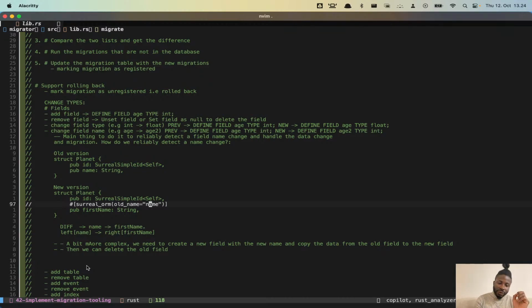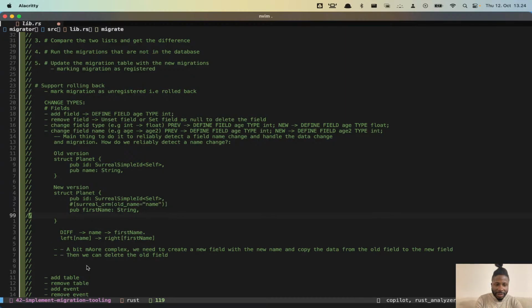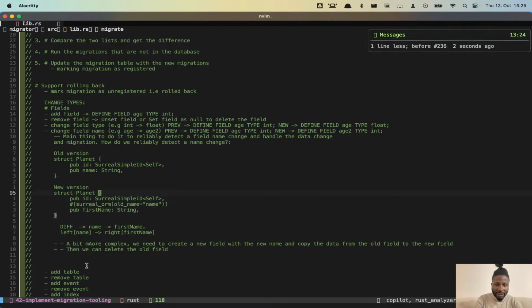If you're going to use this strategy, we first need to check that first name doesn't yet exist. If first name already exists, then we know that this transformation has already taken place. We've done this transformation in the past. We don't need to do it again. So let me note that, if using this strategy,